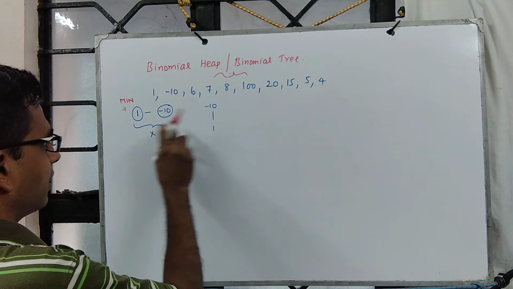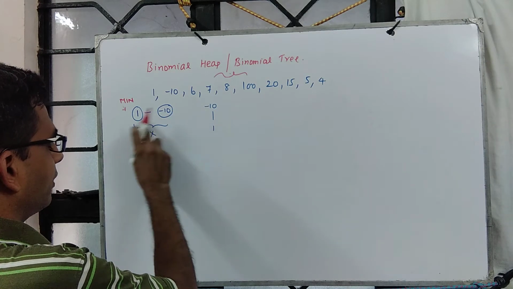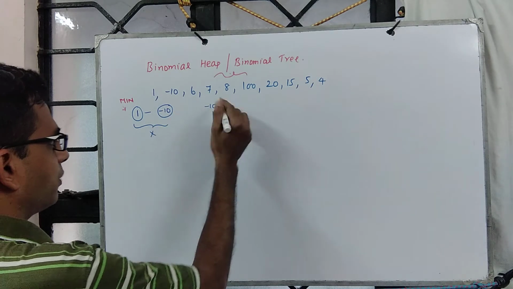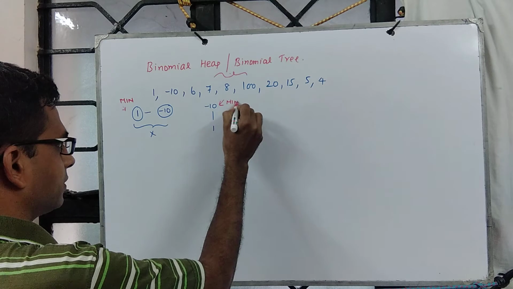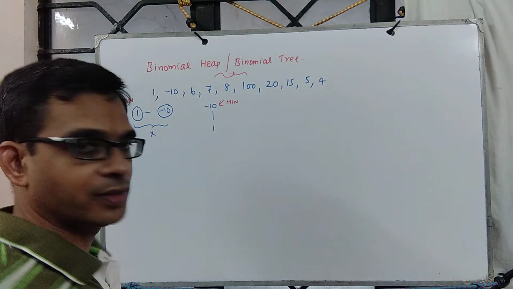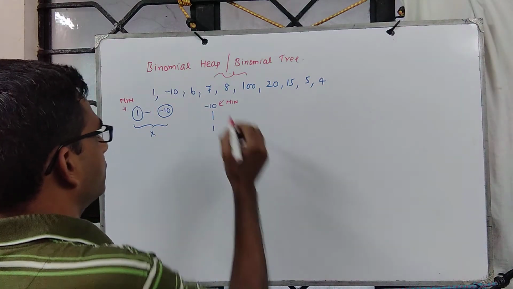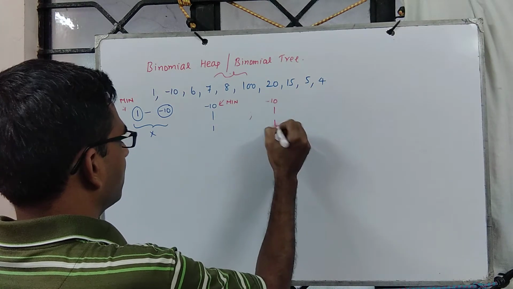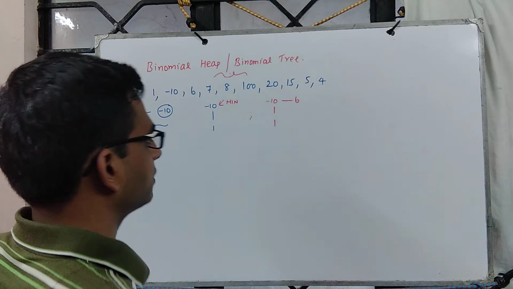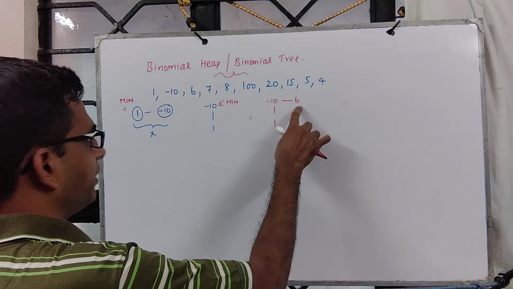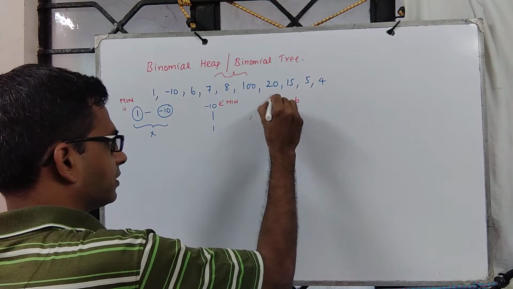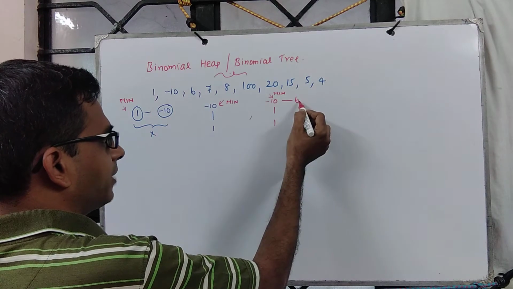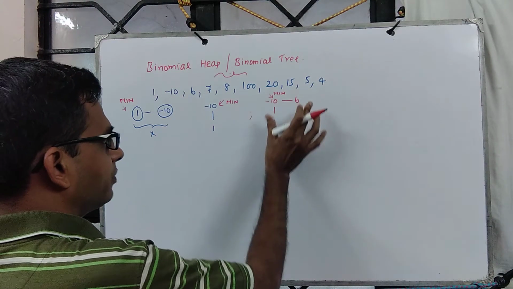Then once we see that we cannot have 2 copies of B0, the min out of these will become the root, then min will be pointing to this. So after merge we also update the minimum. Next we insert 6, so we have -10 and 1, then we insert 6, so we have a copy of B1 and a B0, that's allowed. Min is still pointing to this. So on insert you check whether the min needs to be updated, and no need, so retain the pointer as it is.